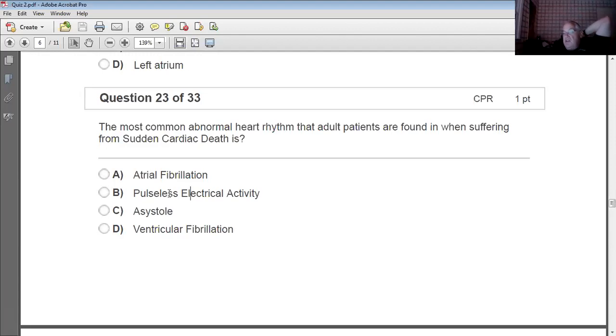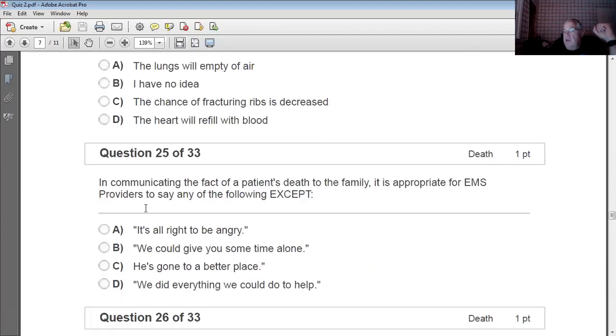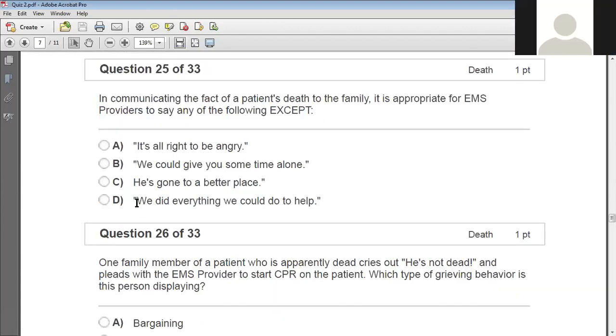In asystole, there is no electrical activity, and because there's no electrical activity, there's no mechanical activity. And in VFib, there's too much electrical activity, and the heart can't process it. So instead of contracting and squeezing, it just shakes. Okay. And then using a defibrillator,